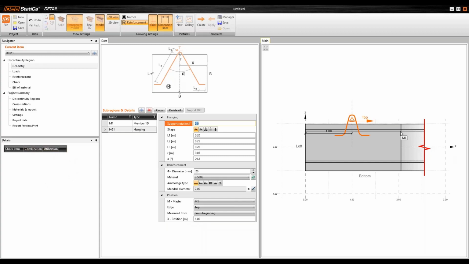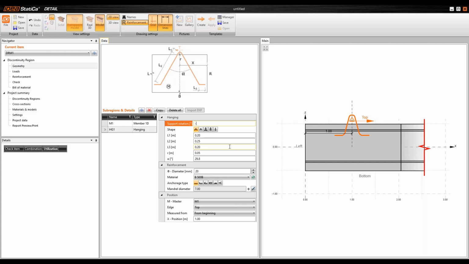be in distance from the end of my D region. So this is the D region, and I have to be far away from the border, which the application checks automatically. Okay, and one more thing, as the hanger will not, or the support of the hanger will not be